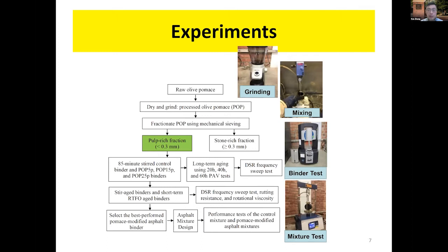Here is the experimental plan. First, we collected the raw olive pomace from the California Olive Ranch, and then I dried it in the oven at a temperature of 110 degrees Celsius for 24 hours, and then ground it using a coffee grinder into a powder material, and then